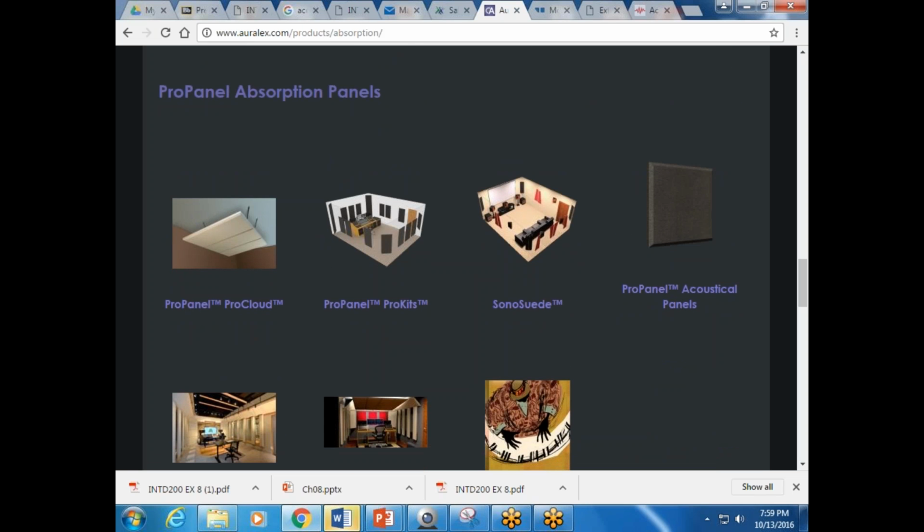They do supply us with these renderings right in here, so Pro Panel Pro Kits. That's where if you want to not hire someone, now you can hire them to come in and they'll do measurements, which we'll read about in a minute. Or you could buy these Pro Panel Pro Kits where you just say, I just need to throw up X amount of panels onto the wall, and they'll send you so many in a box, and you can apply it yourself. Because any real acoustical treatments will help.